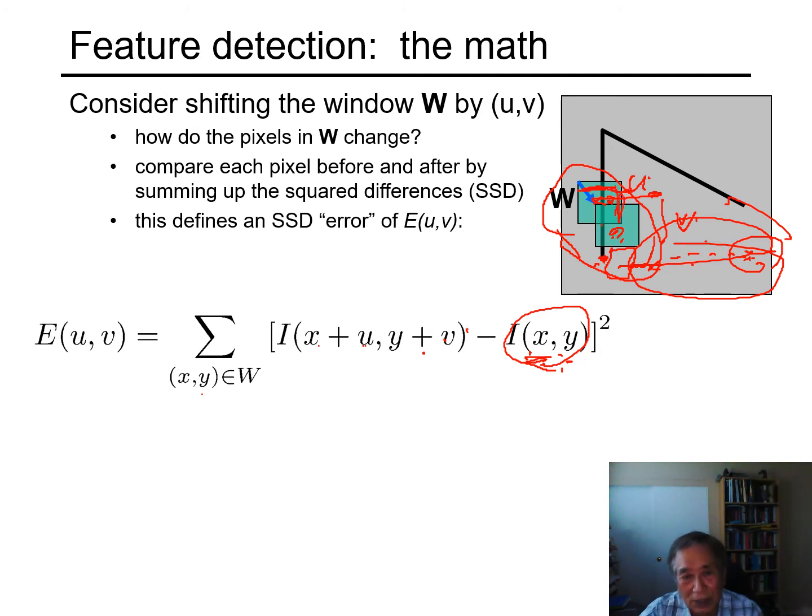We are just having every pixel value. So here's window 1, and then it moved to, say, a different window 2. So this difference is u and v. When this is the original location and this is the new location, then for every pixel, the value of